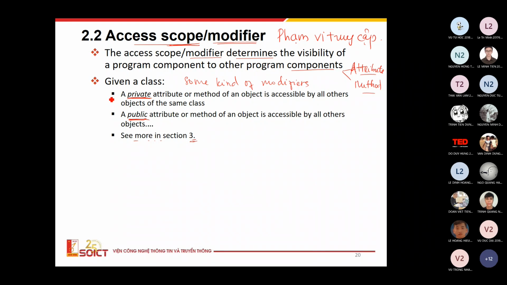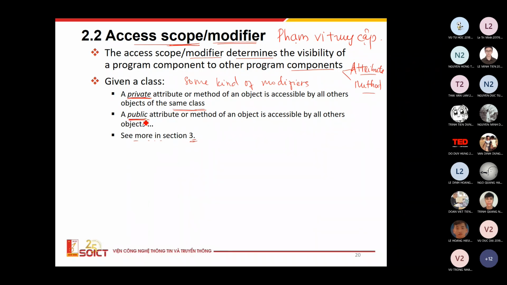riêng tư, đúng không? So when an attribute or a method is designed as a private attribute or private method, it can be accessed by just the object in the same class. Private, that mean riêng tư mà, thì chỉ các cái phương thức và các cái thuộc tính của cái đối tượng đấy thì chỉ có thể được truy cập bởi các cái đối tượng thuộc cùng một lớp. Yeah. Còn